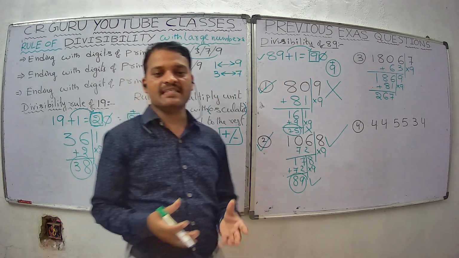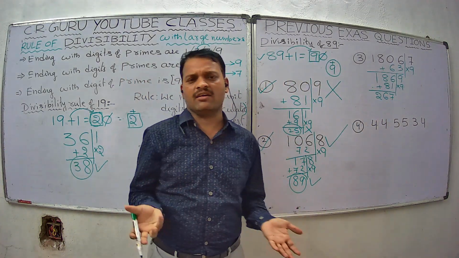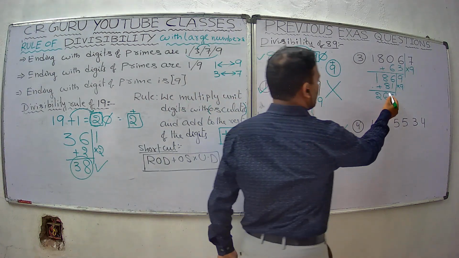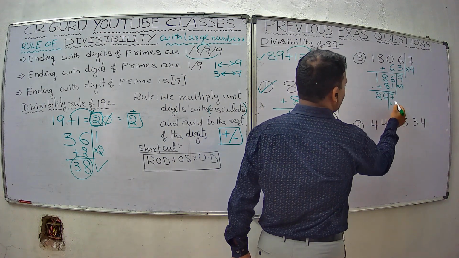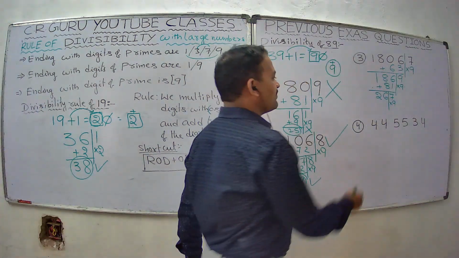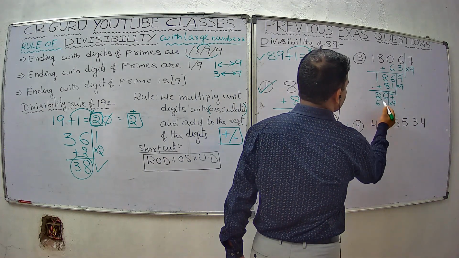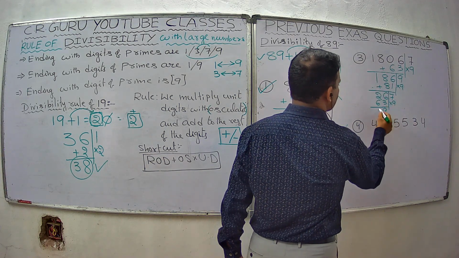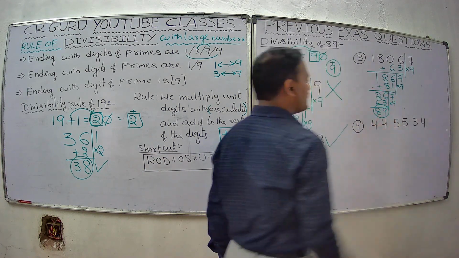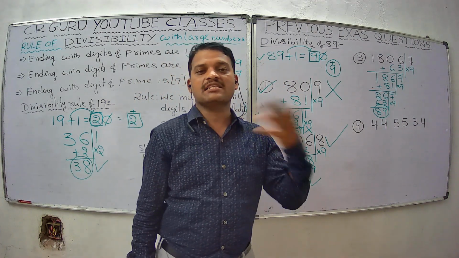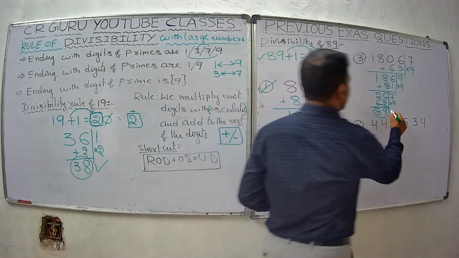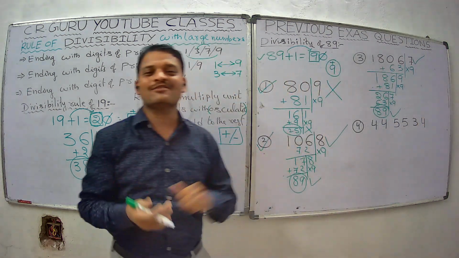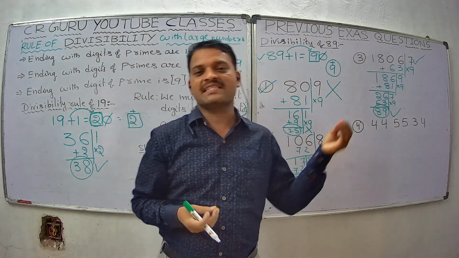Whether 267 is divisible by 89 or not, it may or may not be. So again you apply the same process. The unit digit is taken, again multiplied by 9. So 7 nines are how much, friends? 7 nines are 63. Then 6 plus 3 is 9. 2 plus 6 is 8. Yes, the remainder is 89. So 89 is divisible by 89. So then this 18067 number is also divisible by 89 in a fraction of seconds, my dear friends.